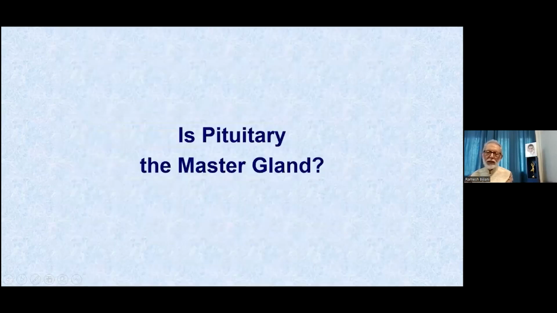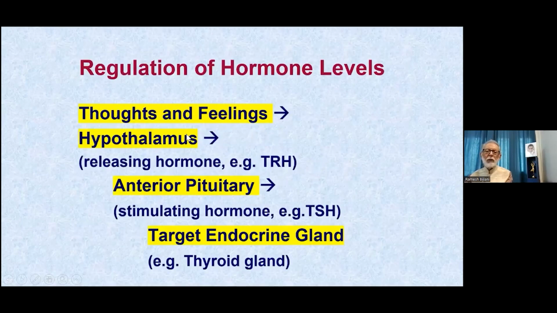Now, the next question that arises is that if the hypothalamus has to influence the anterior pituitary, how does it do it? How is it that these releasing hormones are conveyed to the anterior pituitary? These are conveyed through blood, because hormones are poured in the blood. So these releasing hormones, being hormones, are released into the blood which is flowing through the hypothalamus. So the venous blood which leaves the hypothalamus carries with it the releasing hormones which have been released by the hypothalamus. Now, these can travel all over the body, but they don't, because there is a system for